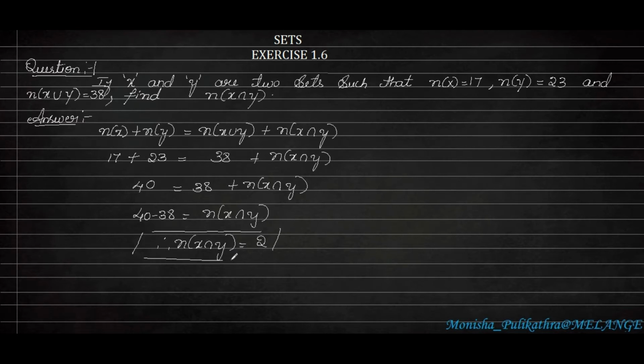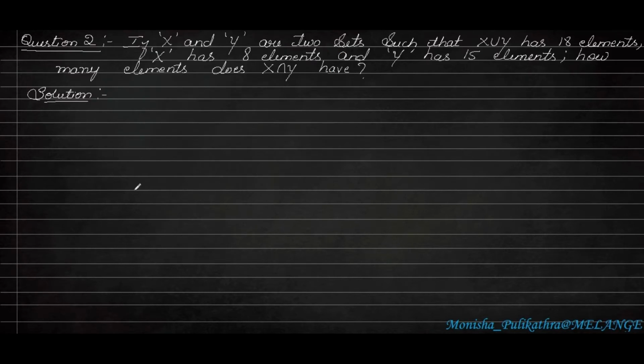The formula is simple, and they will be giving values for all the others, and they will be asking you to find out any one of these variables. You can find it out by moving the numbers to the left hand or right hand side. I hope you understood this. And this type of problems are important. Moving on to the second question.